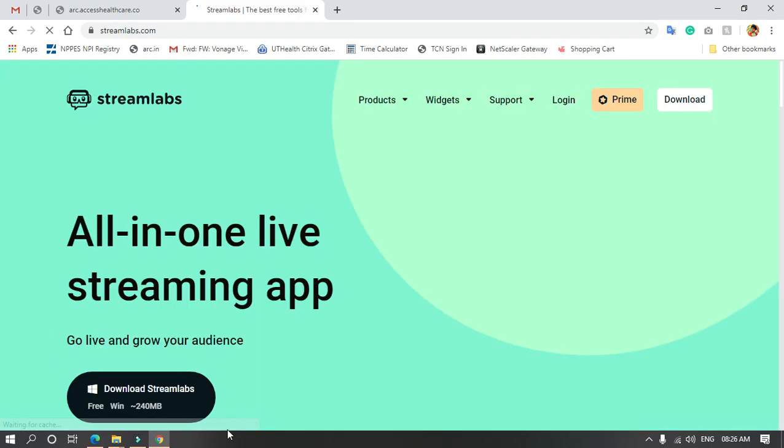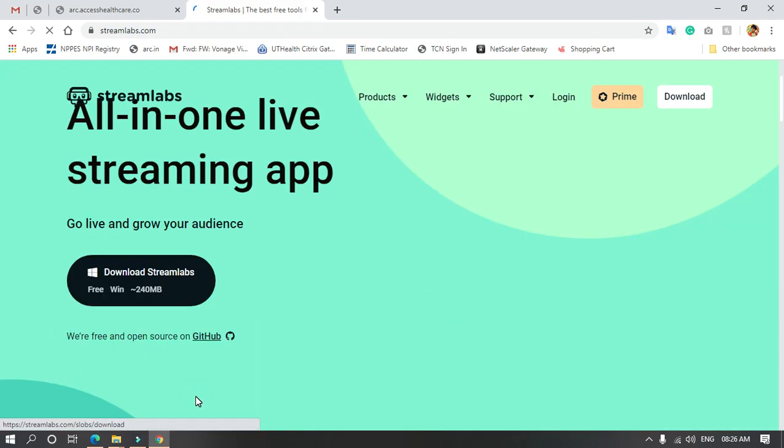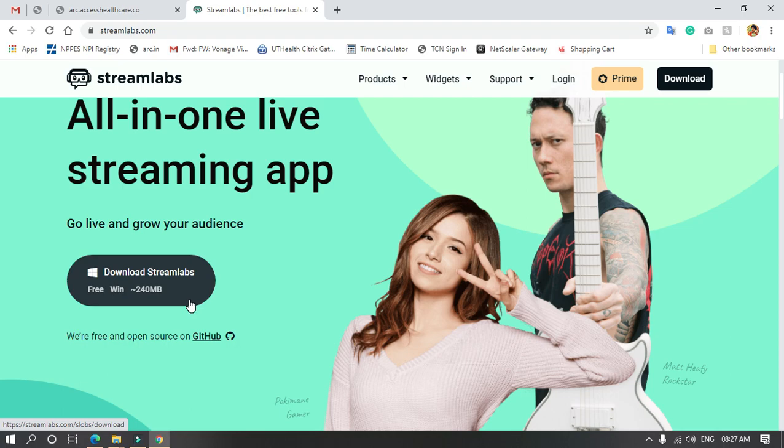On the first link you need to click, then go to the download dialog box, from where you can download the application, which is around 240 MB.